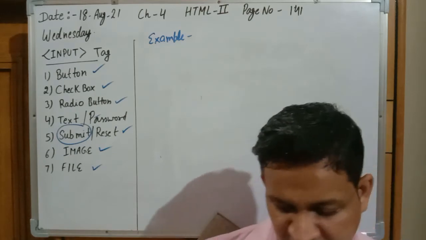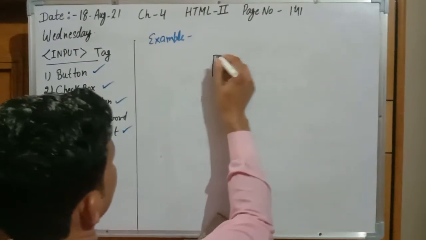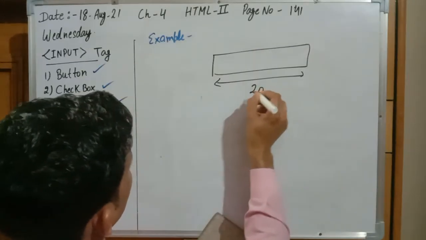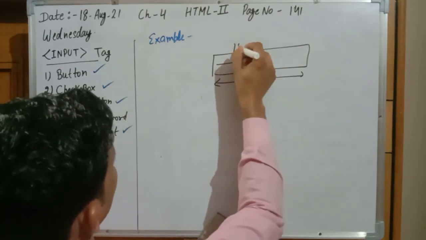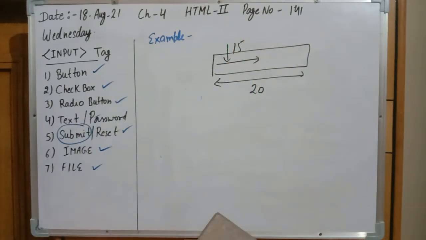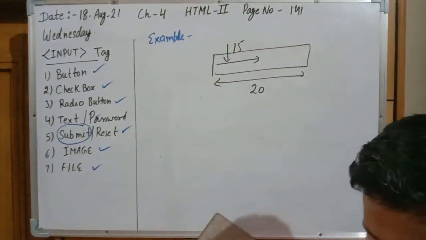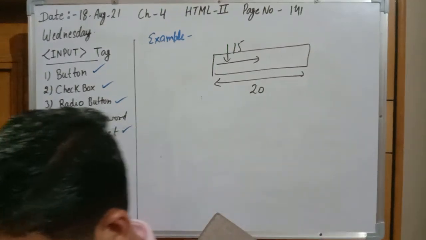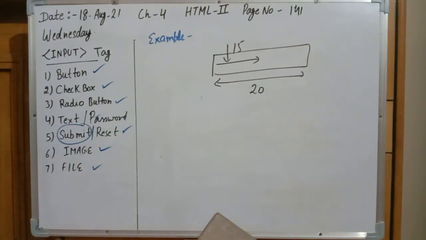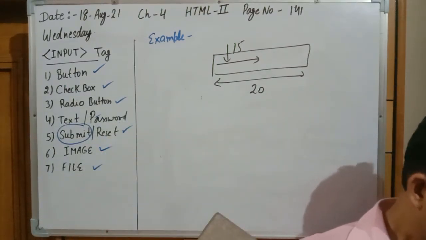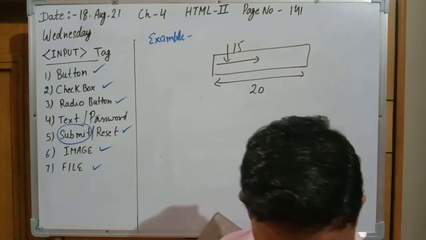And what is the maxlength? Generally we are preparing a box: enter your password. The maxlength of the box is 20, and the password length, that is the size, is 15 characters. So maxlength is 20 and the size is 15. We will enter any text data and that text data will be converted into the password type. So now you see the attributes. In name we will give the name of the specific part. See example number 9 on page number 142.